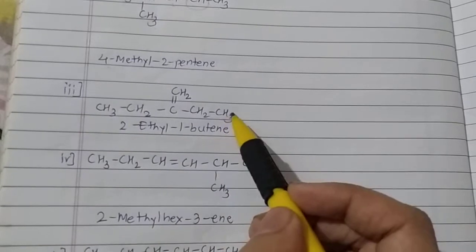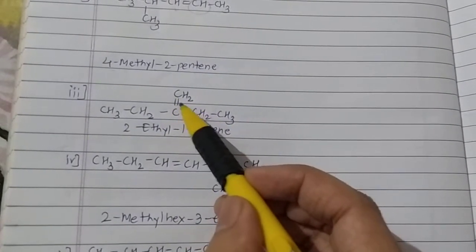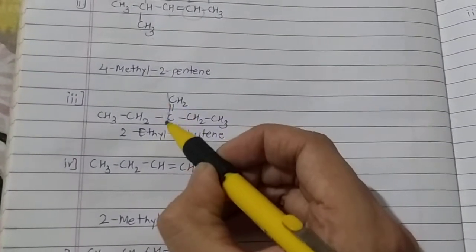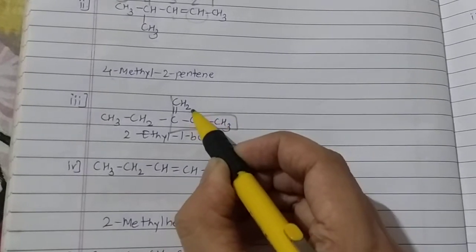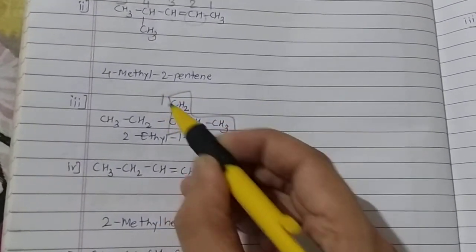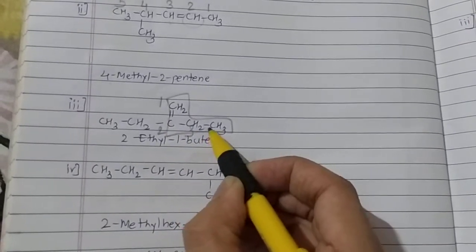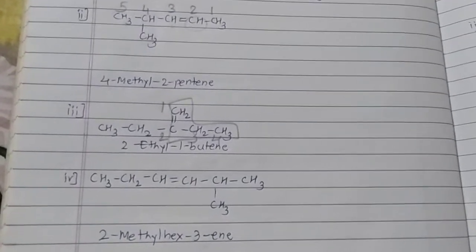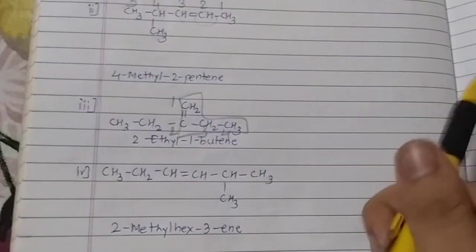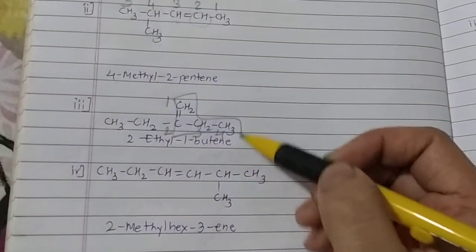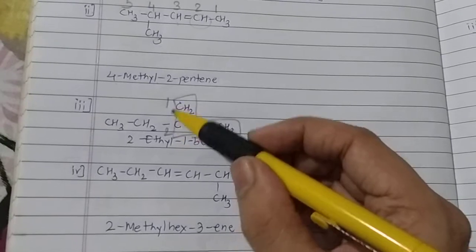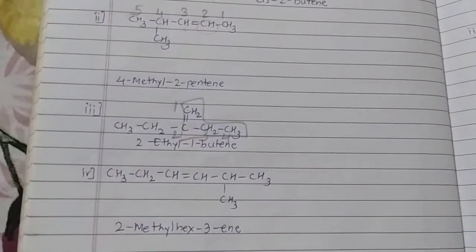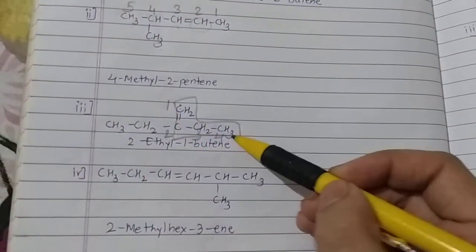Next example is this. Okay, now our double bond is here. So first we have to draw the carbon skeleton. So carbon skeleton can be like this. So 1, 2, 3 and 4. So we have to take functional group in the carbon skeleton. So alkene is the functional group here, and numbering is done from alkene side. If we have done numbering from here, then alkene comes at 3rd carbon, so that is wrong. Okay, so numbering is done from here. So 1, 2, 3, 4.